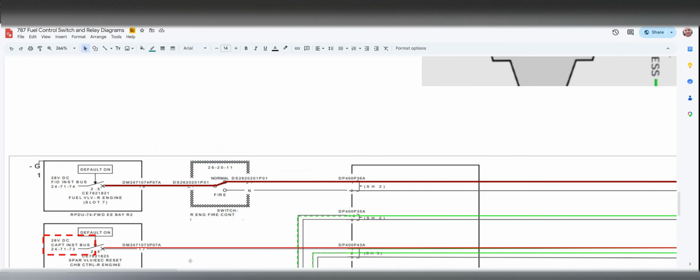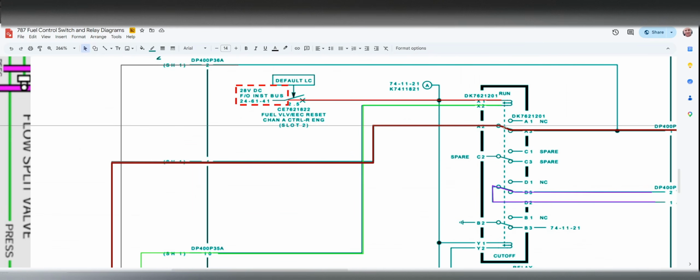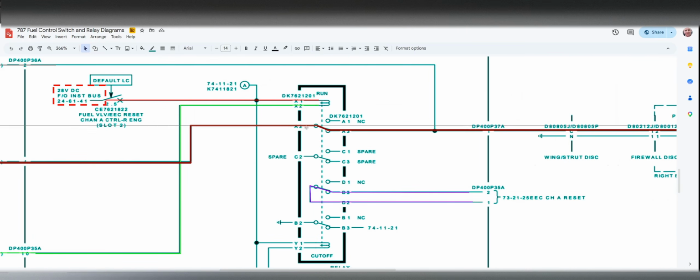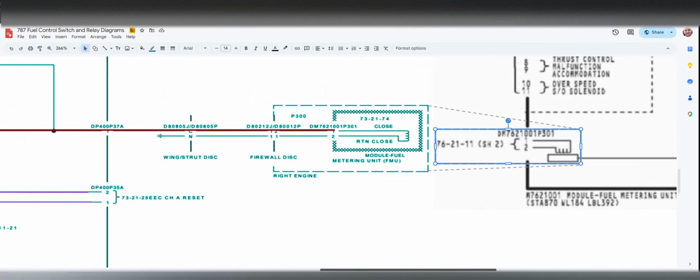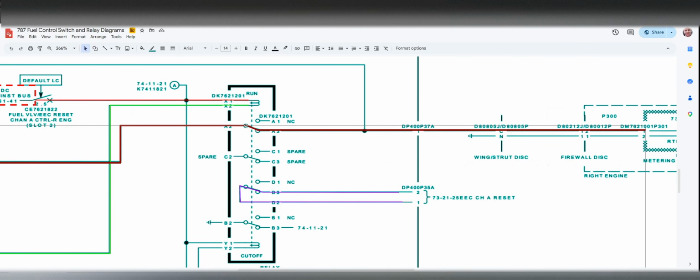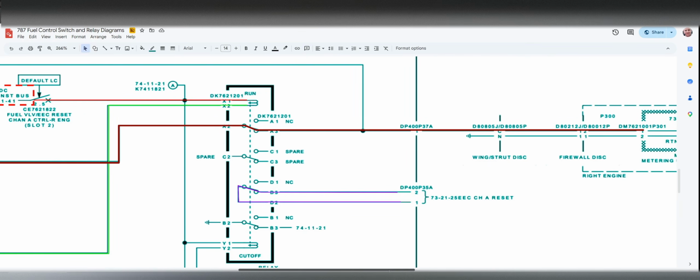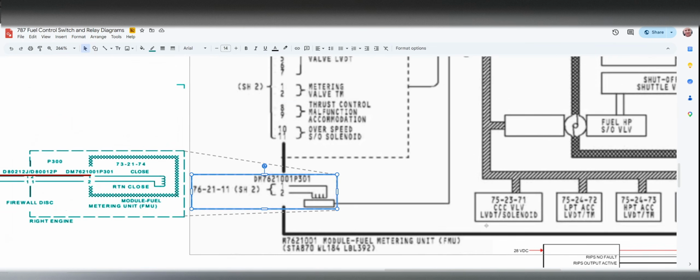Provided there was some kind of power, be it reverse, whichever direction, it would make its way through the contact, not as a ground signal, but as a power source, and it would tell this thing, current, actuate. It shouldn't happen unless this goes to cutoff. It did because this pushed it down because of the reverse polarity on the run coil. The run coil must be wired correct polarity or else it will reverse actuate. That push down sent the good reverse power through this, which told the FMU, I'm being told to shut down,